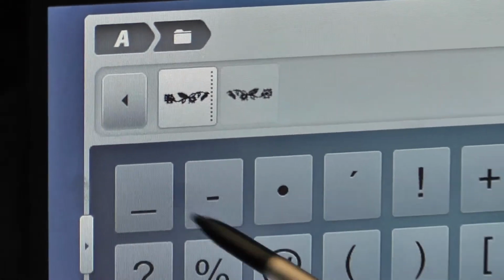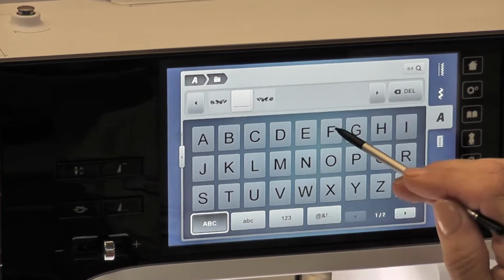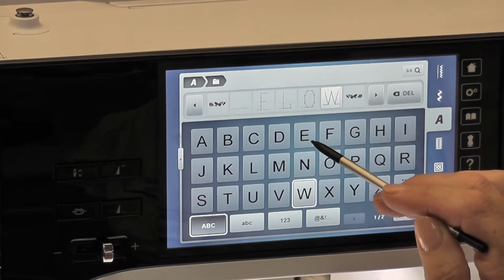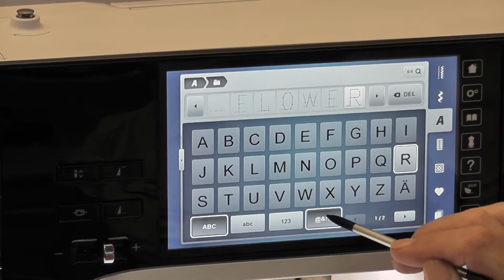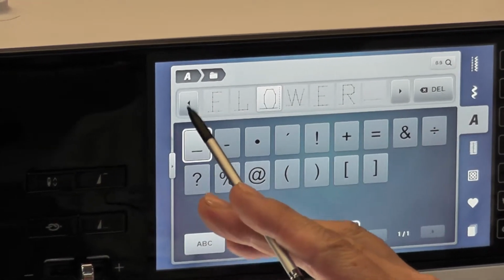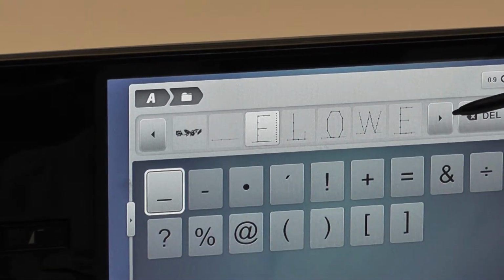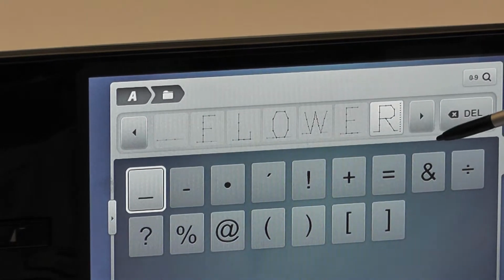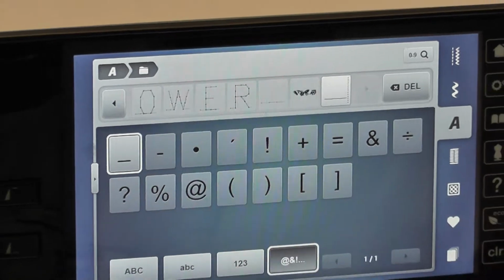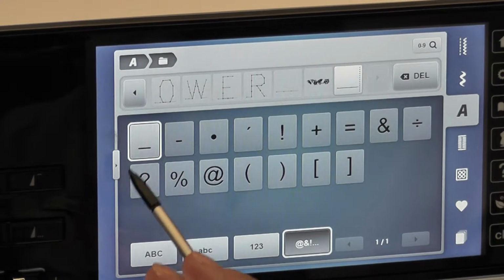I go here and put in a space, and I'll be really original and write flower, and I'll leave it in uppercase to show you this time, and a space. So you can scroll back here to have a look what you've written. Flower, space, flower, space and a flower. I'm going to put another space in because I know that that will go longer, because then it will continue it and continue it and continue it. Close out of here,